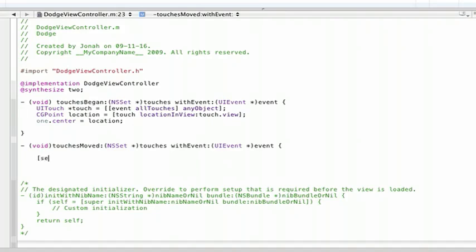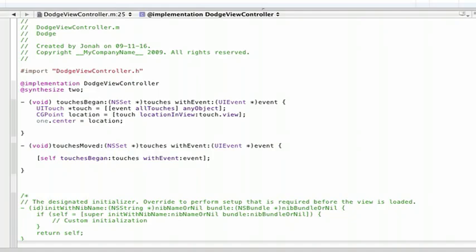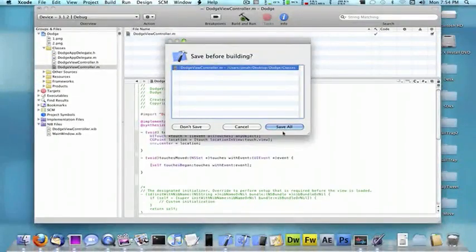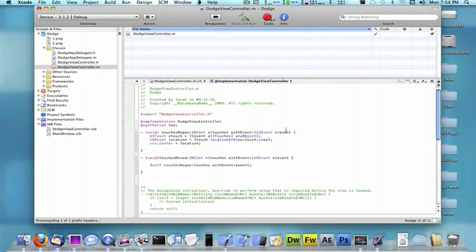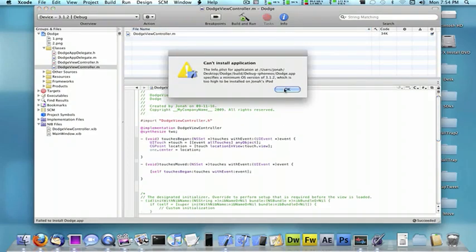So it's self touches began, touches, really simple right there, with event, and our event is going to be called simply event. We'll enter square brackets, and we will end our parentheses as well. So with any luck, if we build and run and save all, we will see that we'll be able to move